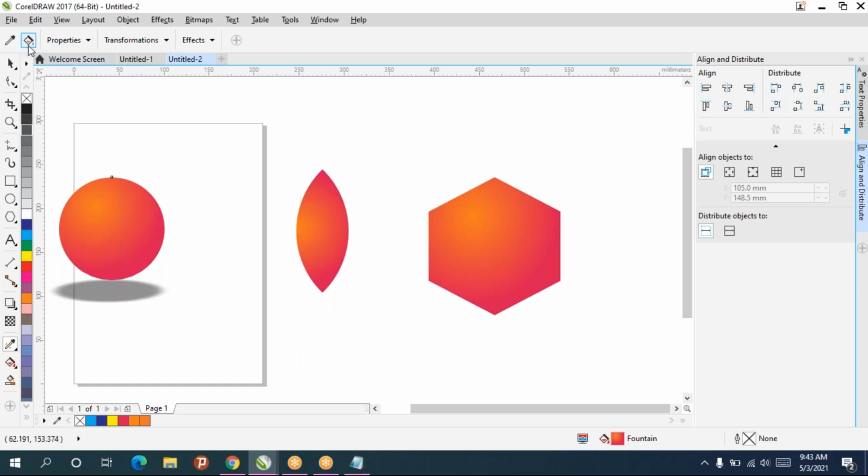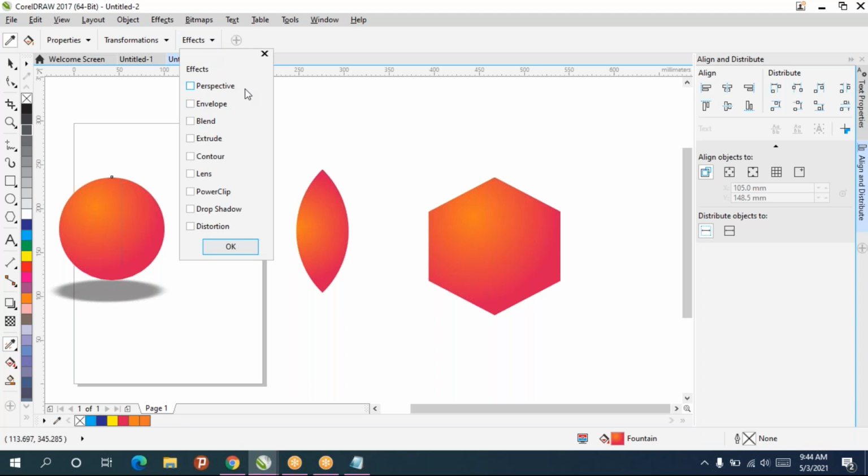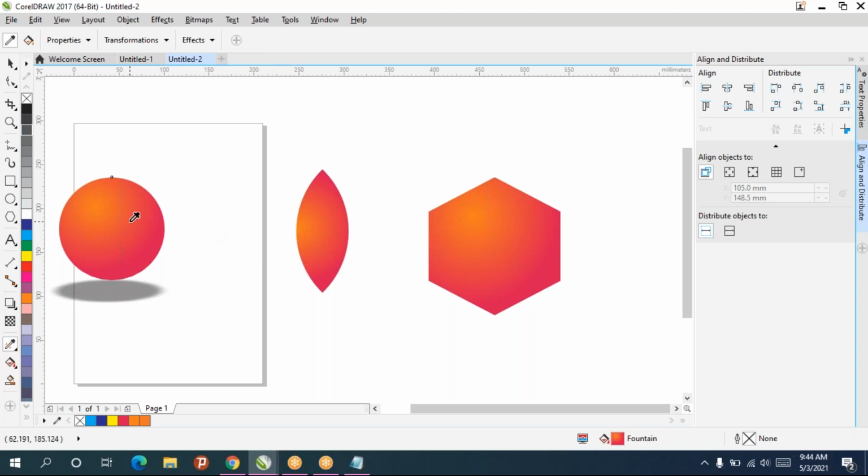Why? Because see the property bar. When I click, what all it asks, first is Properties. Properties means outline, fill color, text. So by default it will select that one. And Transformation, like size, rotation, position. But I don't want this. Instead of that, Effects: perspective, envelope, blend, extrude, contour, everything, including drop shadow, I want. I'll click OK. Now I'll select this and apply. So automatically the drop shadow will apply.